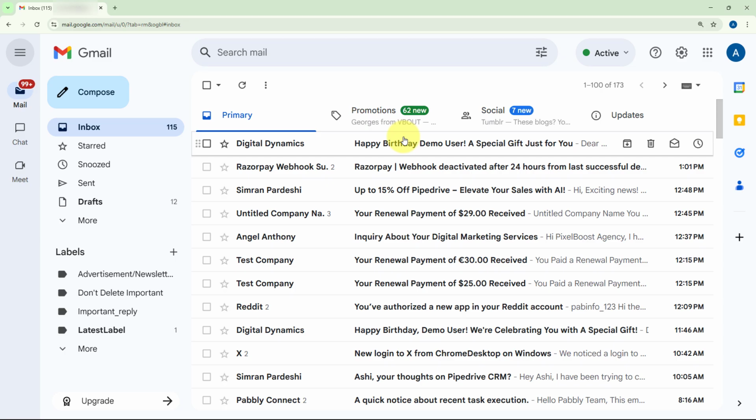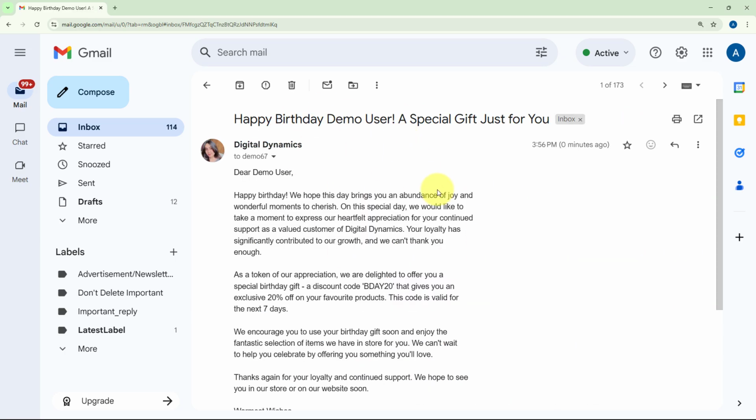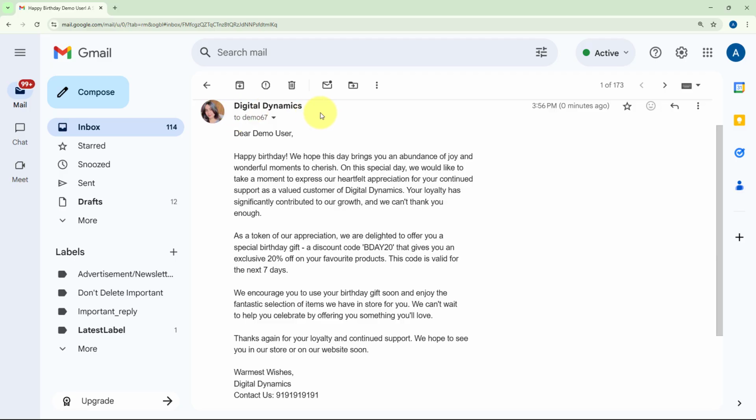So this is our customer's account, and here you can see the mail that our customer has received with the email subject as happy birthday demo user, special gift just for you. And here you can see the entire mail that we have sent with the sender name as Digital Dynamics, and the message received: dear demo user, happy birthday, we hope this day brings you an abundance of joy and wonderful